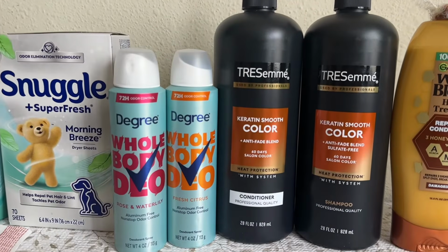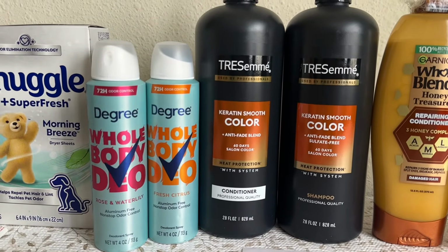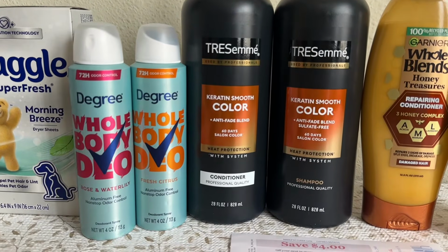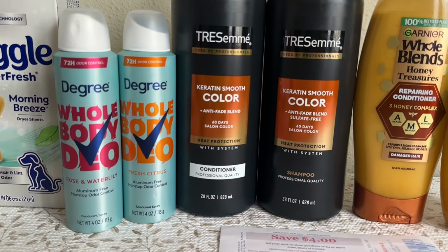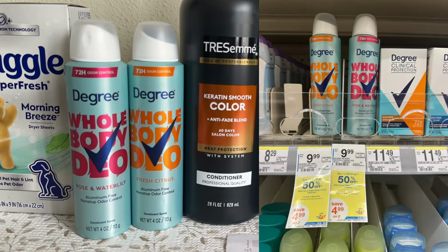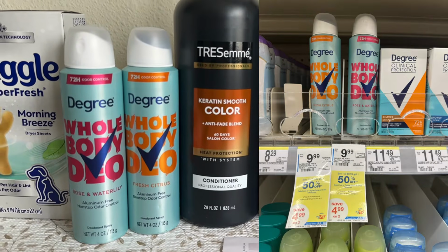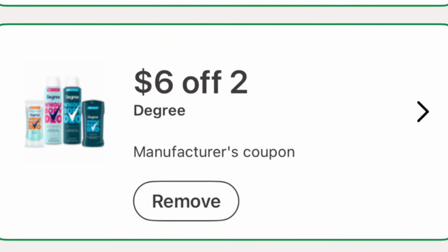Then lastly, the Degree, which I really contemplated if I'm gonna do this because it's a high cost, but it's for resale, so it's all good. So we have the Degree. There's no promotion here, but it's buy one get one half off. It is $9.99, buy one get one half off. So for both of them, it's $14.98. We have a high value $6 off 2 digital coupon, and that's why I did it,